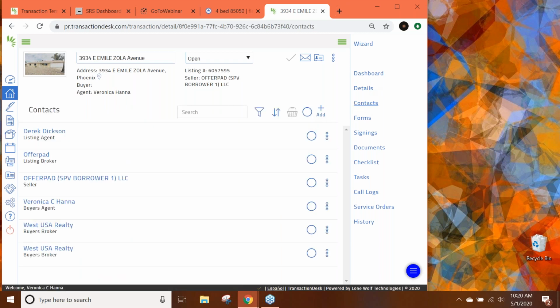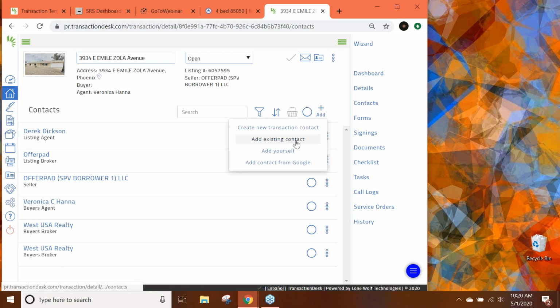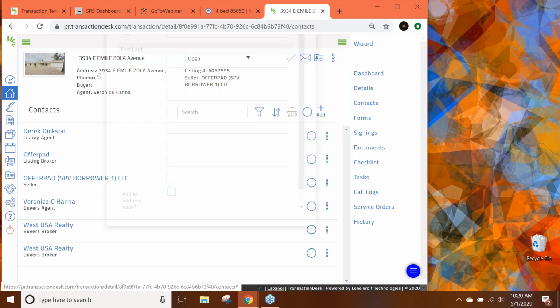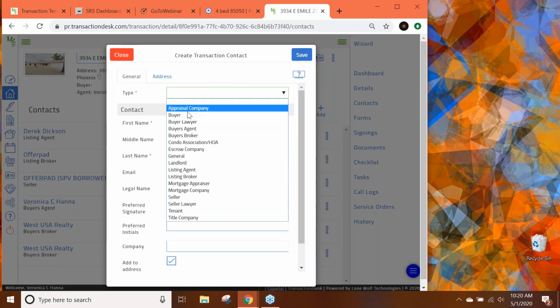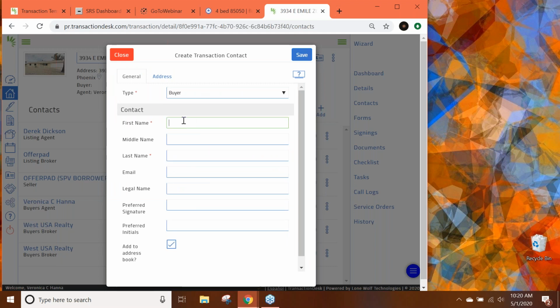And I'm going to see there's all these contacts of the transaction, but my buyer's not there. So now I'm going to hit add. And this is a new one because they're not in here yet. So I'm going to create a new contact. So this is a buyer, and I'm going to put it's Johnny, and he has